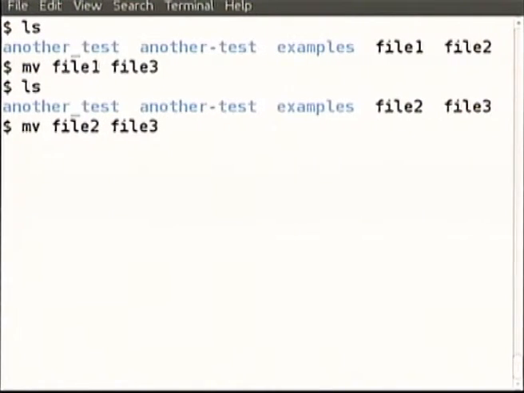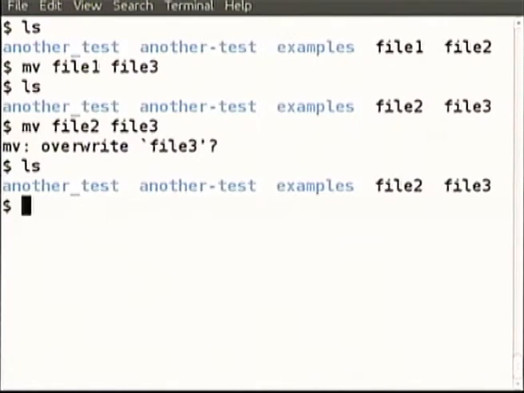Yeah, we are trying to move a file to a destination that's already there. Again there is this potential concern that file 3 will be lost. At least my computer now asks me, the default is interactive mode, it is asking me, do I really want to overwrite? If I just press enter, enter means no, it is the safer, conservative side. Since that person has not entered anything, let us not overwrite. I say both the files are there.